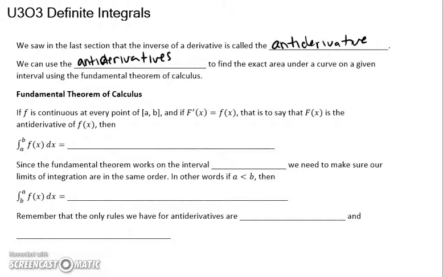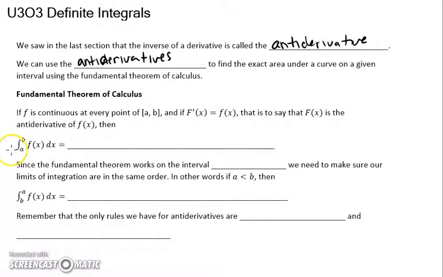fundamental theorem of calculus. So we've seen a couple different ways where we found area under the curve. We estimated using Riemann sums and trapezoids. We found exact area if we had piecewise functions made up of linear functions. That way we can use rectangles and triangles to come up with exact area. But now we're actually going to be able to find the area under a curve using our fundamental theorem